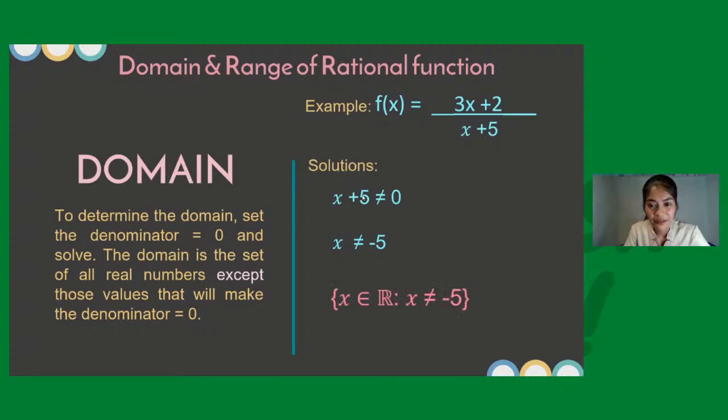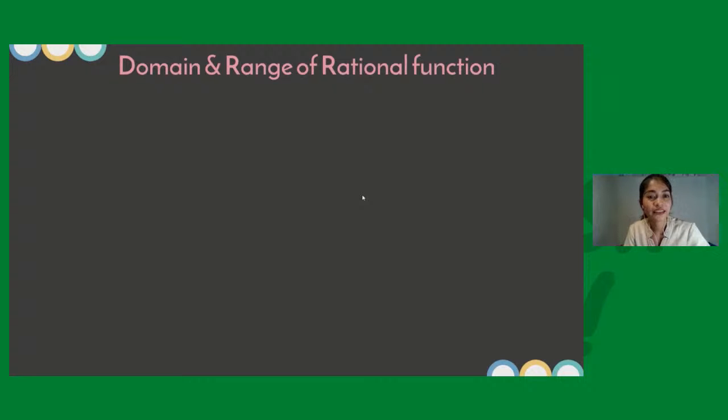And using set builder notation, we can write the domain as the set of all values of x from the real number system, or x element of the real number such that x is not equal to -5. Meaning to say, all numbers are acceptable except for -5. So that will be our domain. And next one,